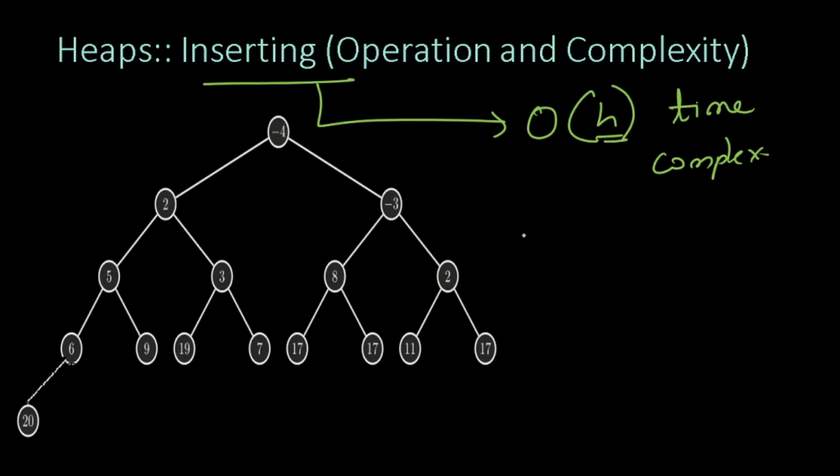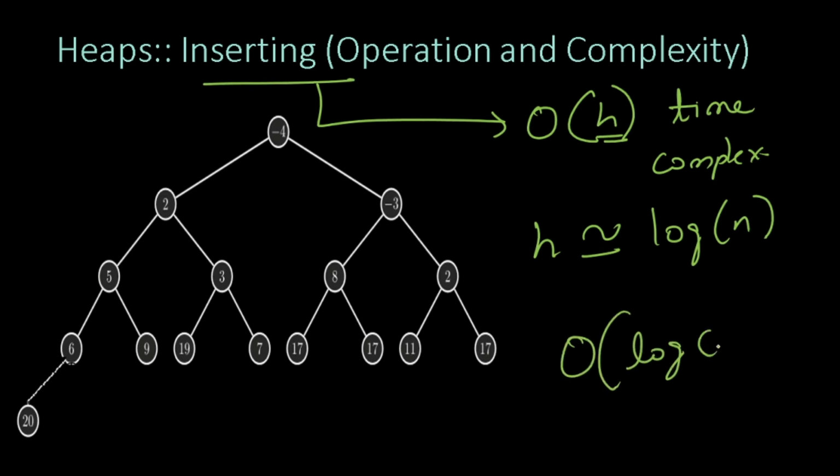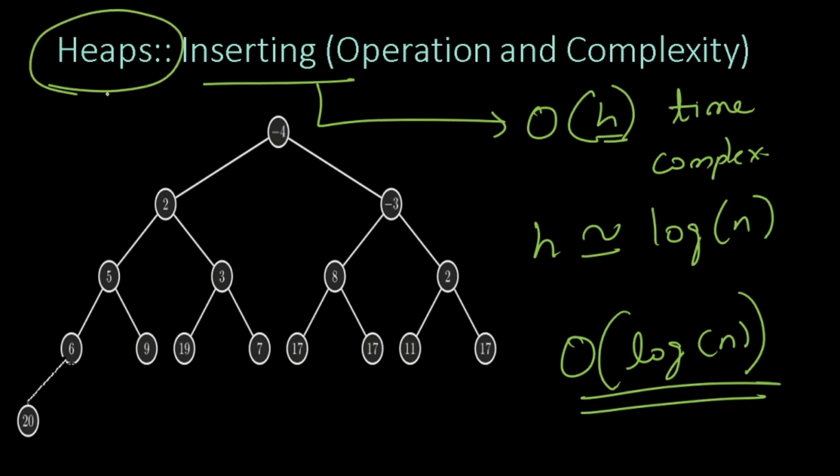But we know that this is a complete binary tree. So h is equal to log n, where n is the number of vertices. So in other words, we are able to perform our insertion in order of log n time. Order of log n time is the amount of effort it will take to insert any element into a heap, and this is the worst case. This is already better than a vector. Vector took us order of n time. If you recall, we had to do n pushbacks to ensure that it is inserted appropriately. So insertion wise, we are clear.